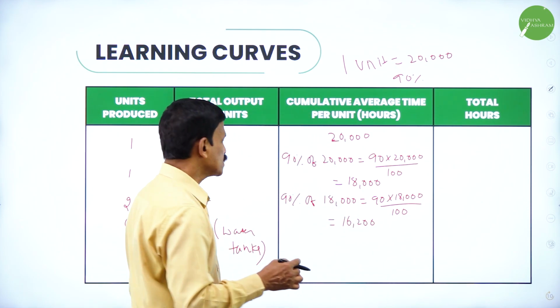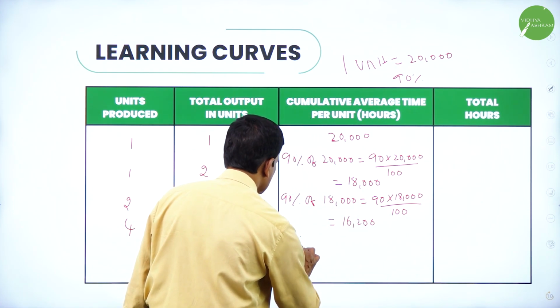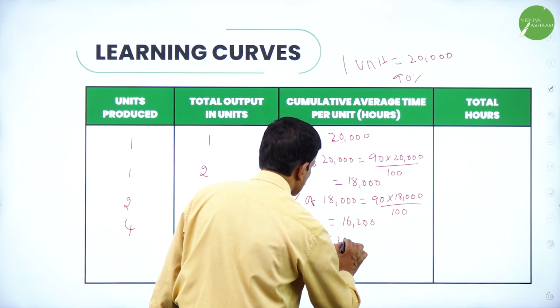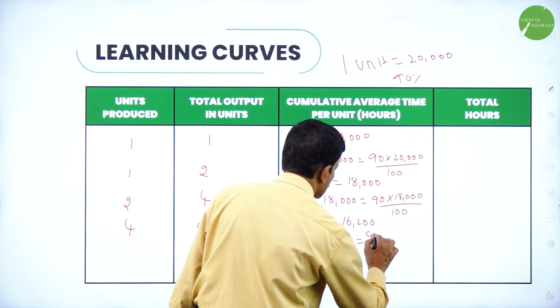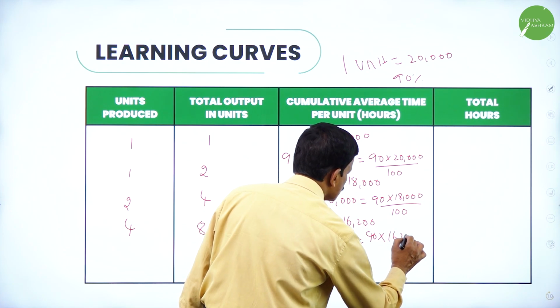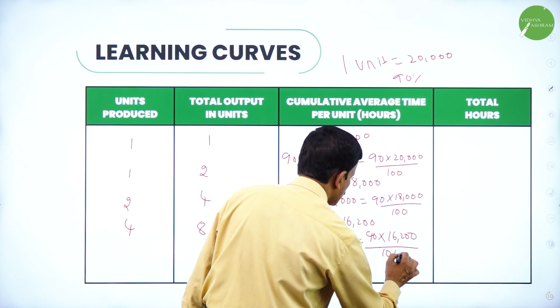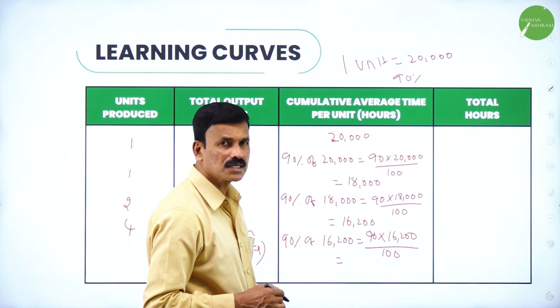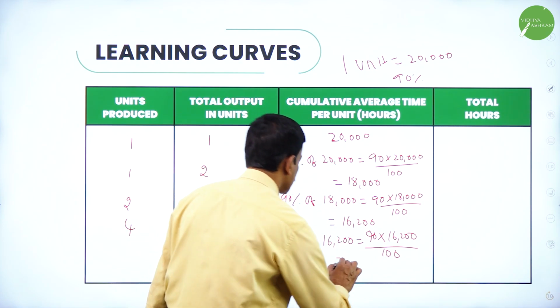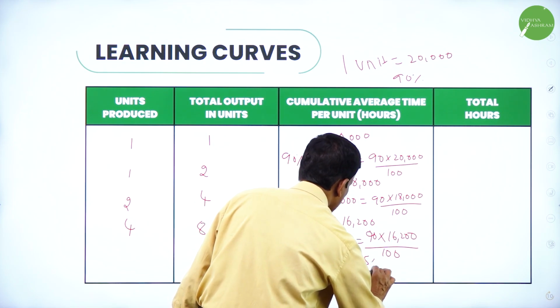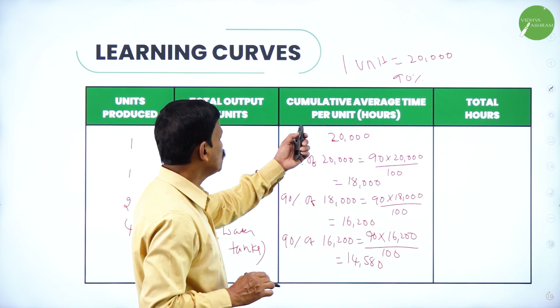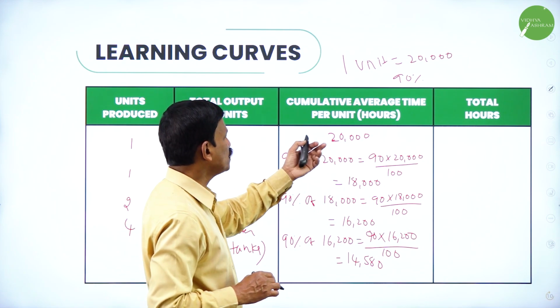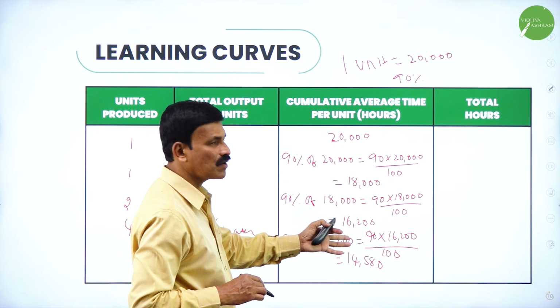Now similarly, 90% of 16,200 is equal to 90 into 16,200 divided by 100, so 90% of 16,200 is equal to 14,580. So the cumulative average time per unit, in terms of hours, is